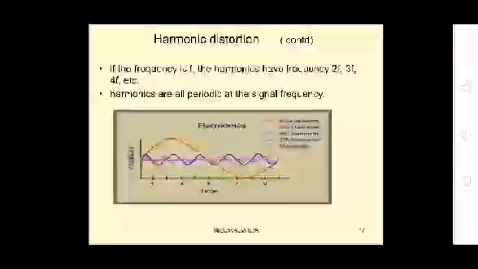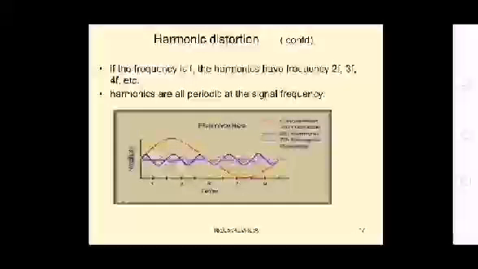It will start only at an integer multiple of the fundamental frequency, so that all the harmonics are periodic with respect to your fundamental frequency component, and you will get the total distorted signal that is shown by your